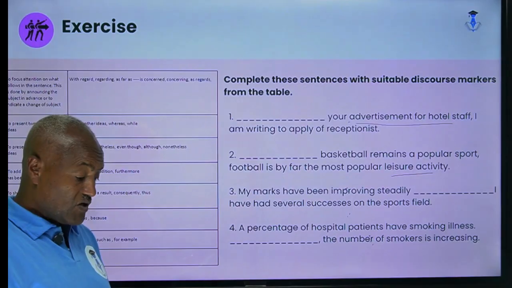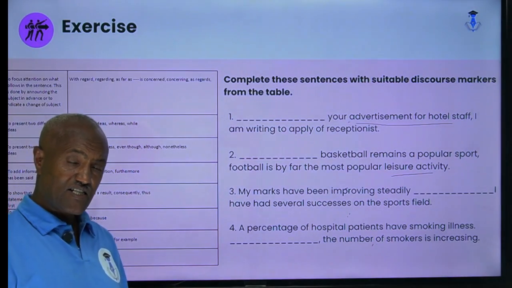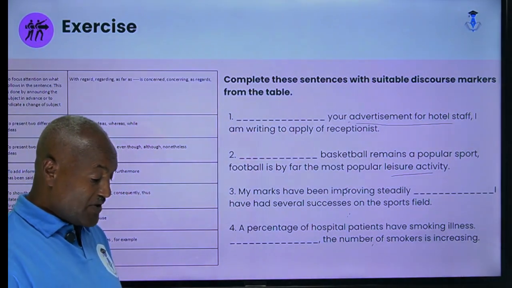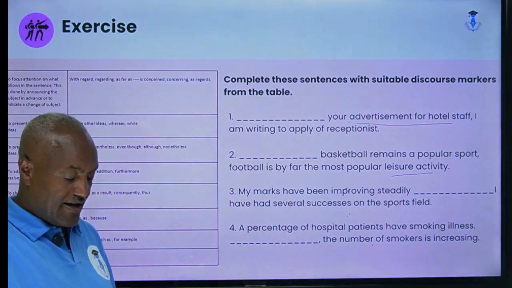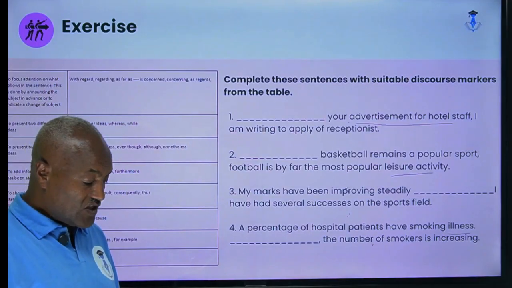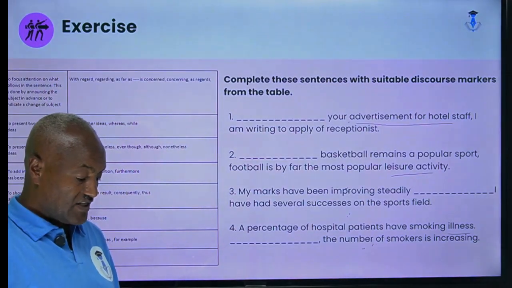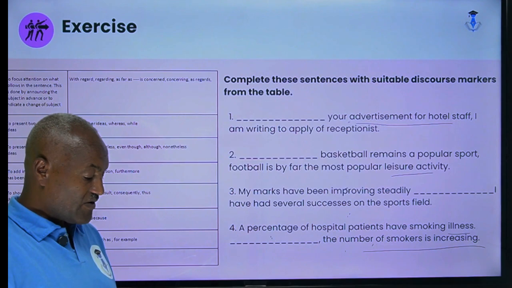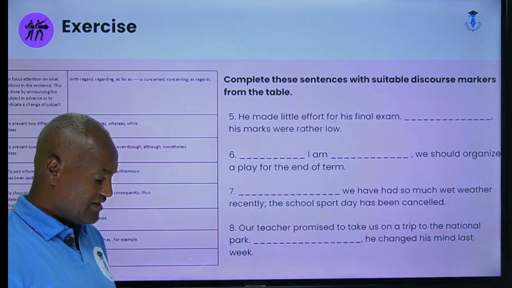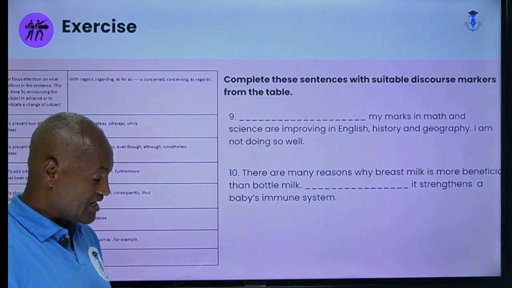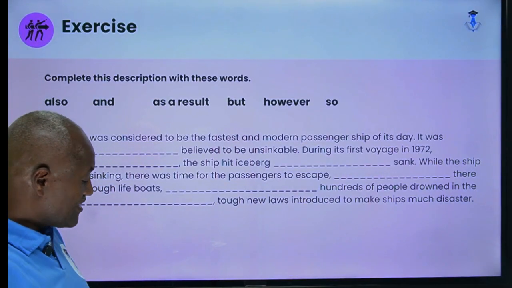Have you seen almost here? This is contrasting. It says many people do have a problem because of smoking, it becomes illness, but still other people are increasing. That means, so you can see this one. Therefore, this is contrasting like this. Here already I gave you the key of all of them. You can see. That means, okay. The other one is,